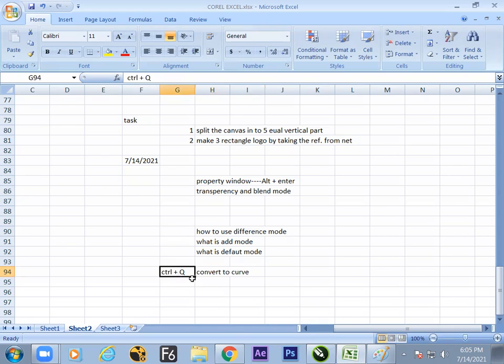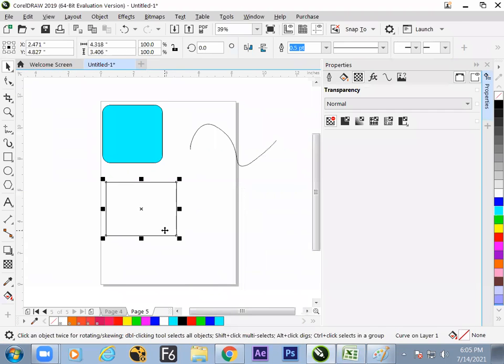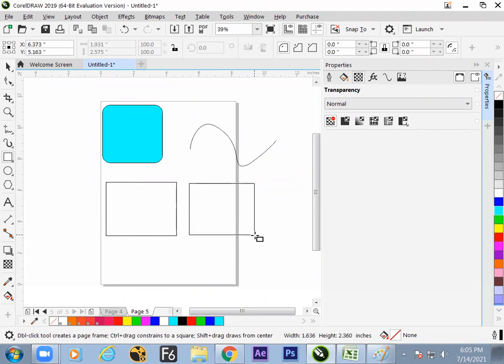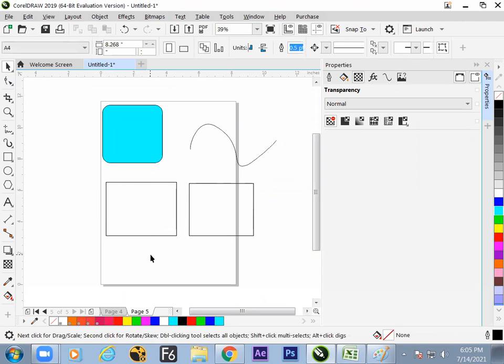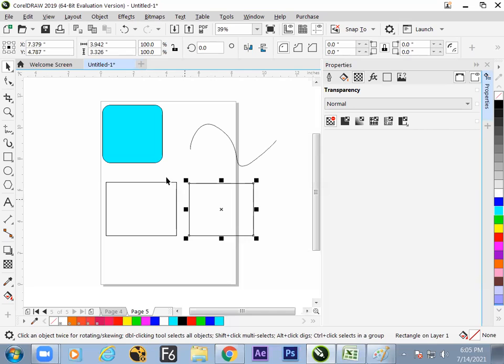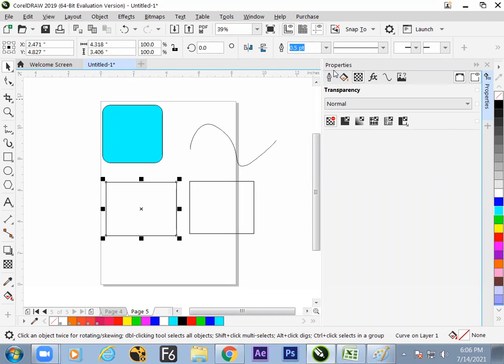Why convert to curve? It may be a question in the interview. You will not find any difference between a basic object and a convert to curve object. Both of them look like a rectangle. The difference you can find only in the option bar. For a basic object, you can find the corner options, but for a convert to curve object, we don't find the corner option.